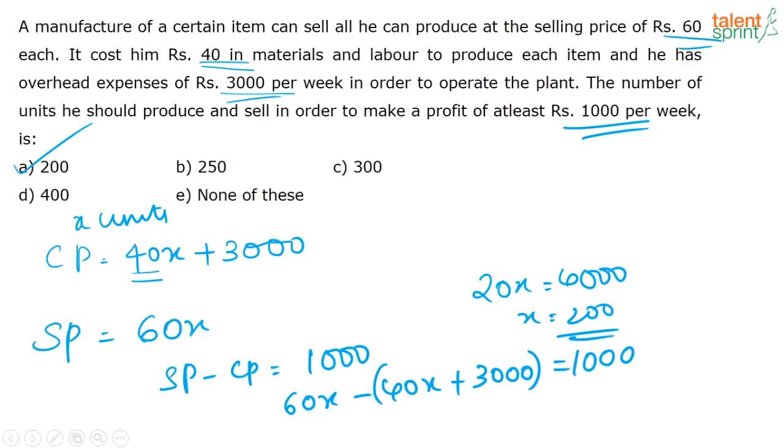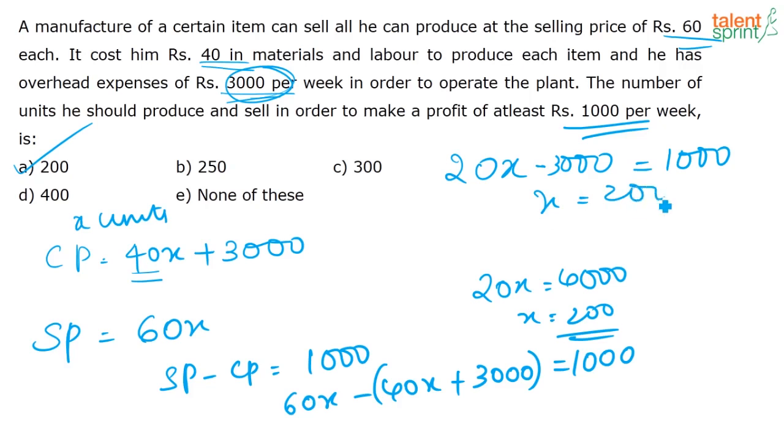Now, by looking at the question, also what can we say? For each item he is gaining 20 rupees, correct? So if he is selling X items, what will be the total profit that he gains in all these X items? He is gaining 20x. Correct. Now we know that the total profit he gains is 1000. So when you calculate the total profit, you should also take into consideration this cost. So 20x minus 3000, that is going to be his net profit. This is equal to 1000, means directly you get the answer as x is equal to 200. So this is the easier way of solving it in one step.